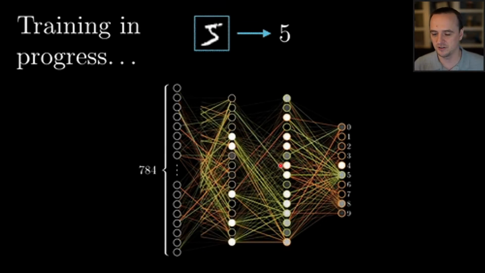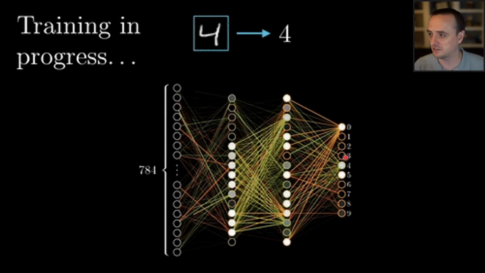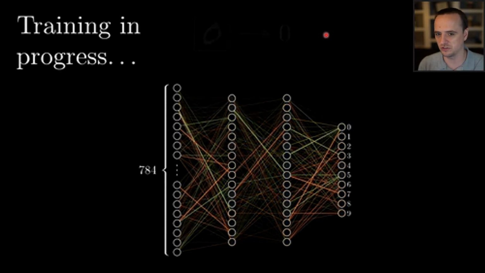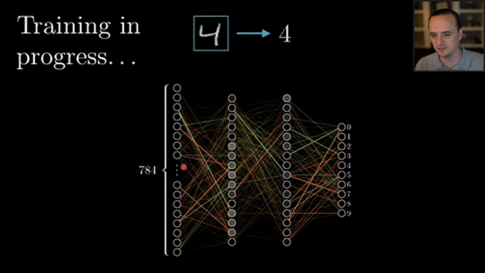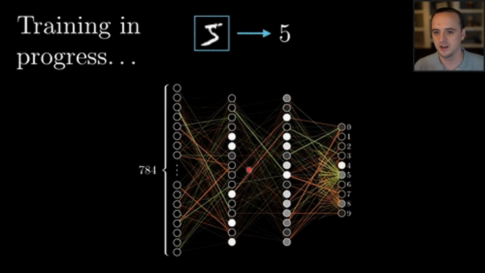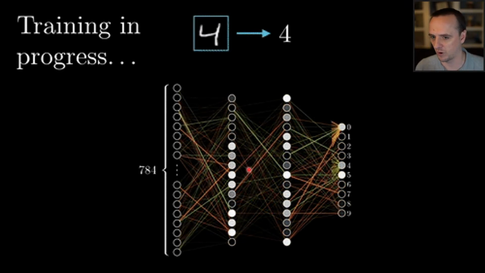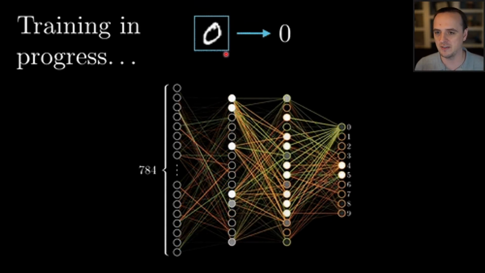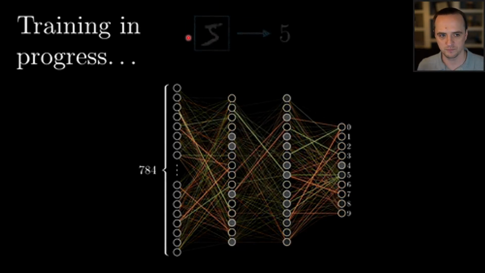So we pass in this image of a 5, and we say, okay, we think that's a 3. Then there's a difference vector that's calculated between, okay, you thought it was a 3, but it's actually a 5, and we do gradient descent to backpropagate these weights, update the weights in the network, and hopefully our next guess at a next number is going to be more accurate. So we do this tens of thousands, if not millions of times, and by the end, we actually get our neural network, which is fully trained and can predict things well.